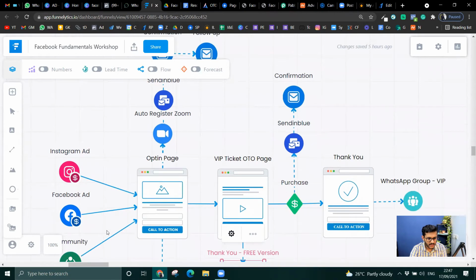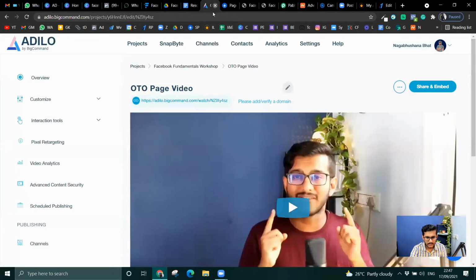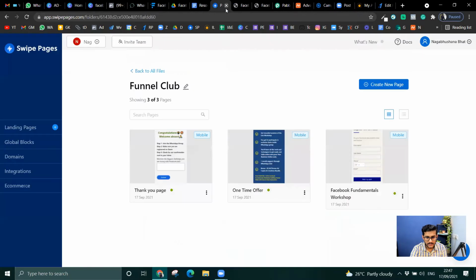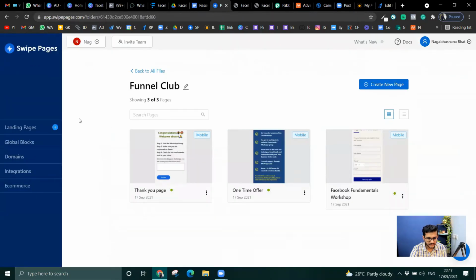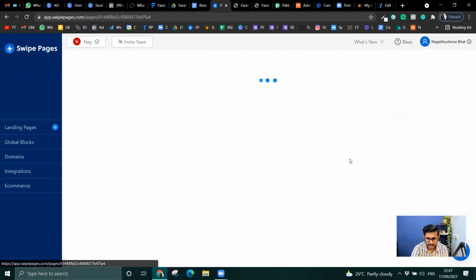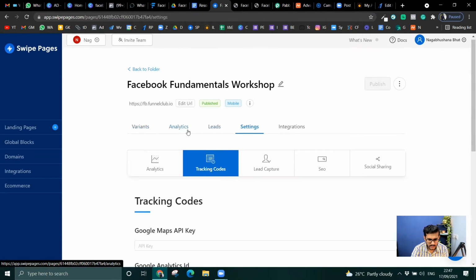So now what do? We have to do the advertising part, right? So for doing the advertising part, I will not need this tab because this work is completed. I'm going to remove that. I will need swipe pages because if I need to add something, okay, let me add the fundamentals, tracking codes.